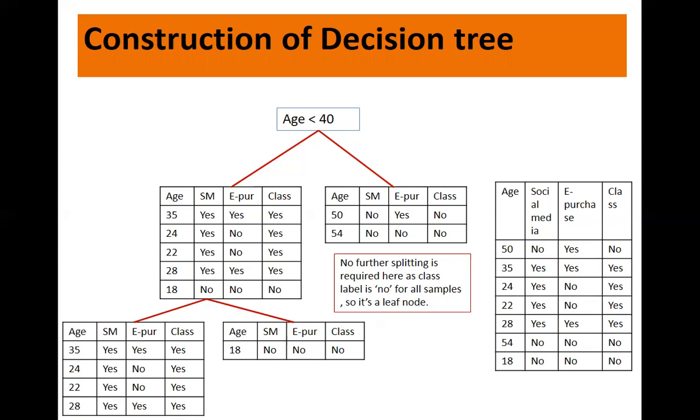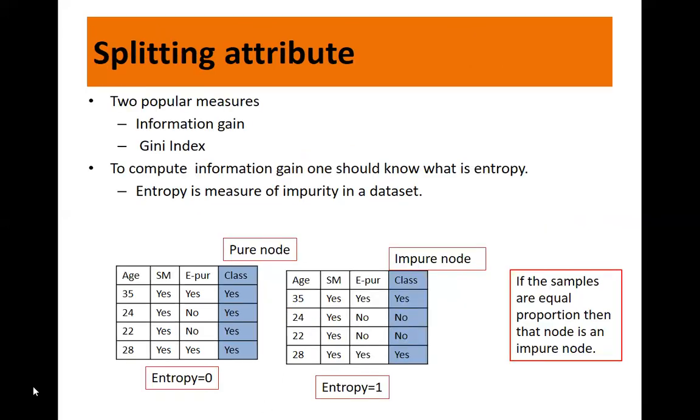Fine. Now, what we can observe here every time is that what is important is the attribute we are using to split. What attribute should be used to split, right? If the data set contains n number of features, at each level we need to know which attribute or feature should be selected for splitting. So we are not randomly choosing the attribute. Why? Because if you choose a random attribute, the solution may not be good. So we need to have some measure to find the best attribute. Two popular measures are information gain and Gini index, right? To understand information gain, one should know what is entropy, right?